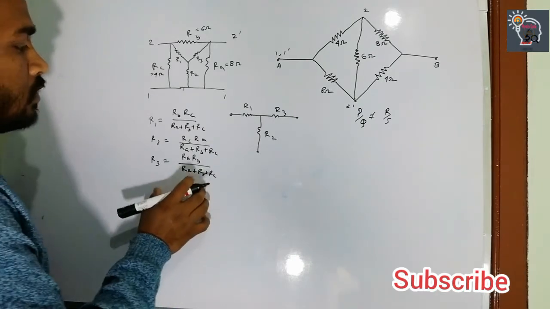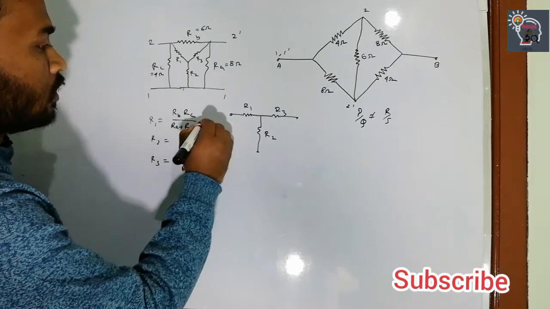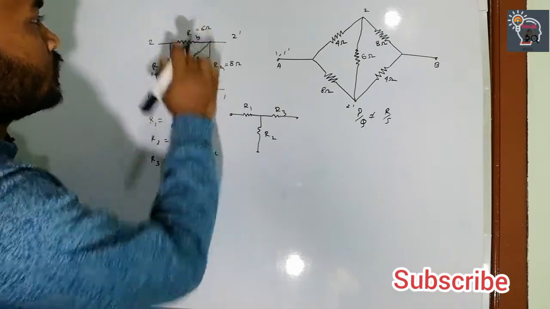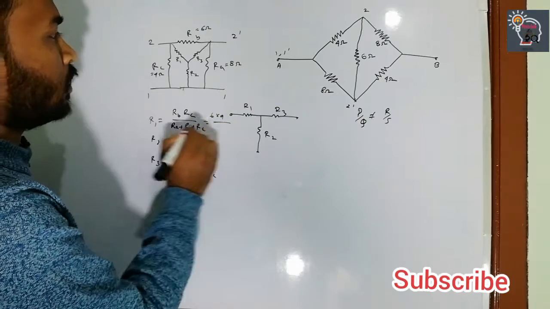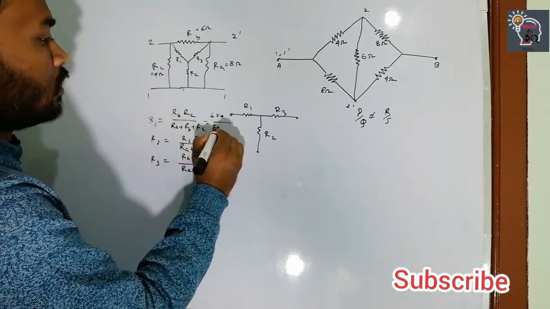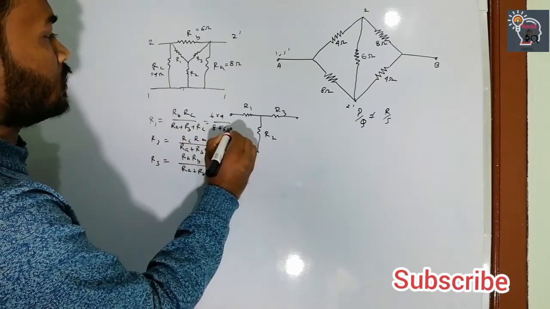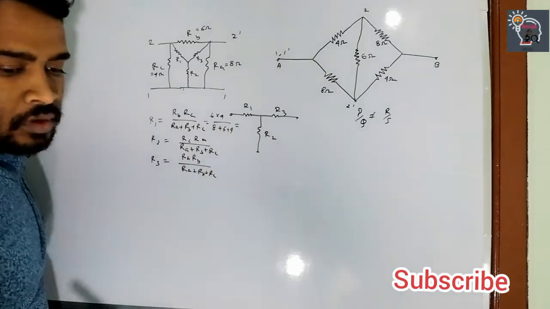So by applying this formula, here RB is equal to 6 ohm and RC is equal to 4 ohm, by RA 8, RB 6 and RC is 4. So the result becomes